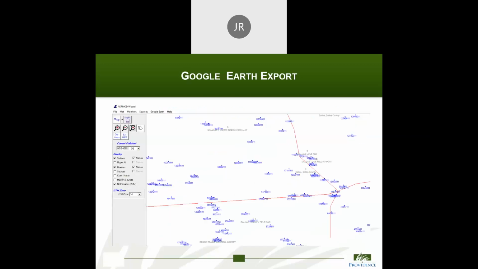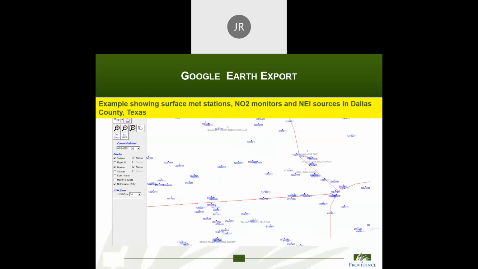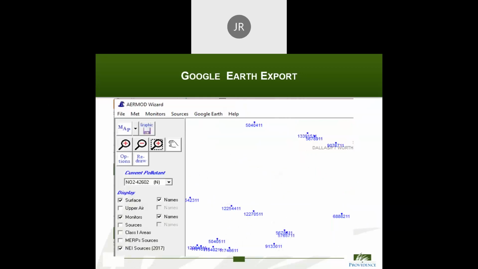So I've got an example here. This shows surface meteorological stations, NO2 monitors, and NEI sources. This is in Dallas County, Texas. And again, notice on the left-hand side, we've got surface selected, monitors selected, NEI. If I zoom in,